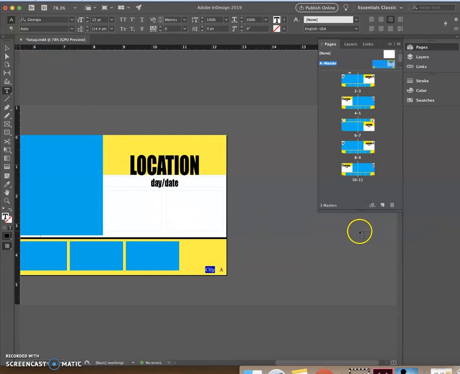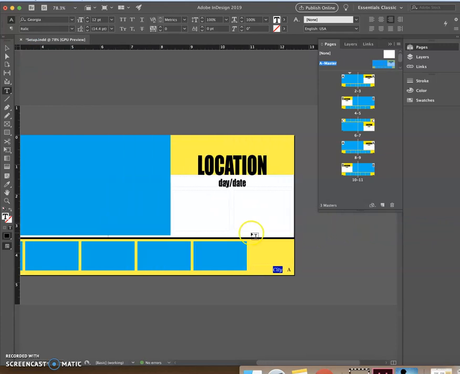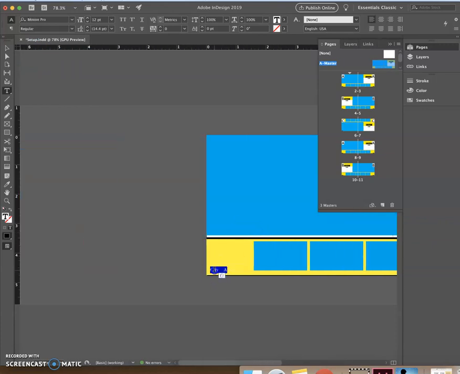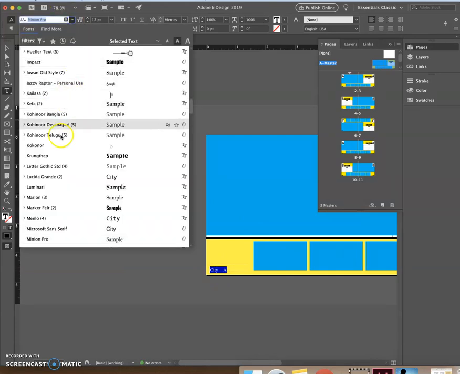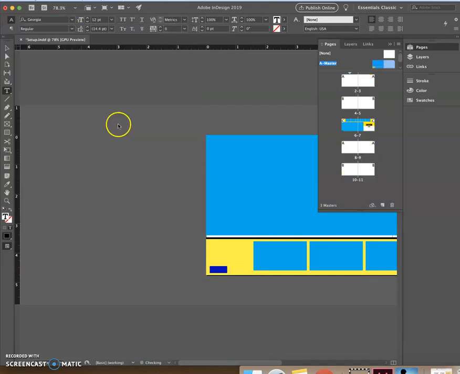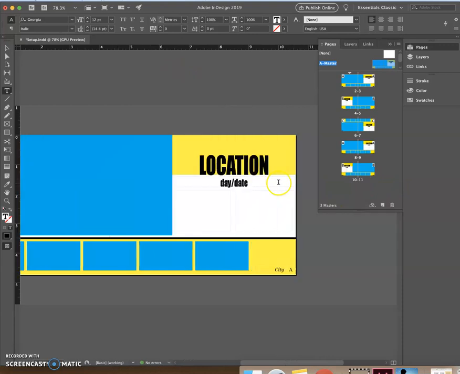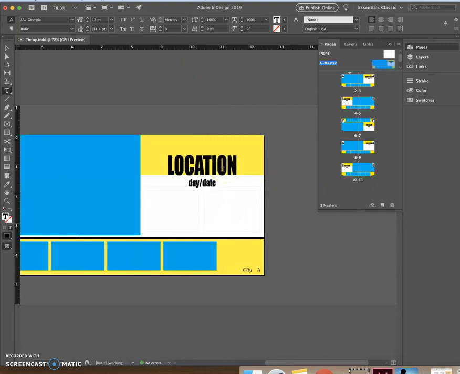Okay, so then we're going to make the same changes to the text on the bottom right hand of the page, so we really just changed this to Georgia. So I'm going to do that again, and then I'm going to select the word city, and just the word city, I'm going to make it italic. Okay. So left hand side. Now what I'm going to do is I'm going to double click the word location to